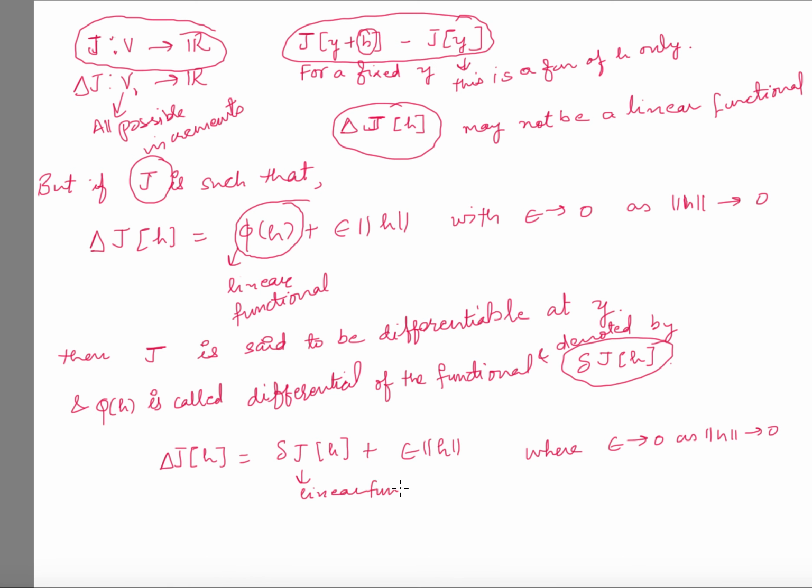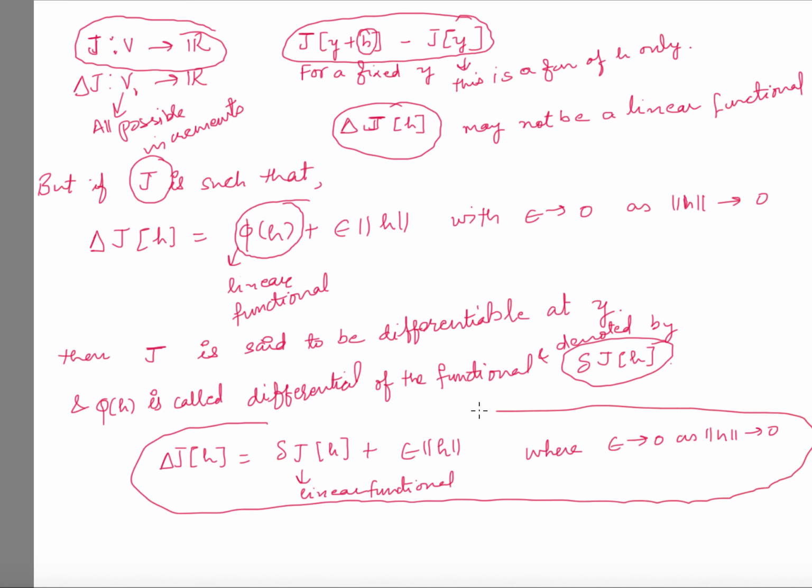This you will get if your j is differentiable. If j is differentiable, it means that this thing is true, and this is called the differential. First thing I'll prove is that this differential of a functional